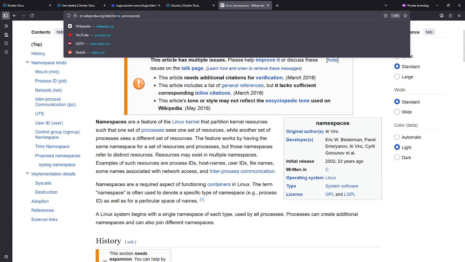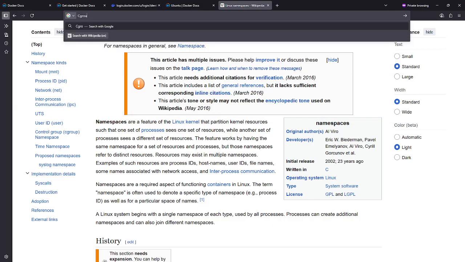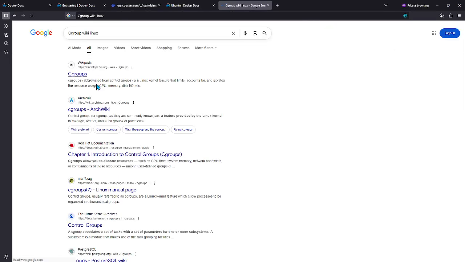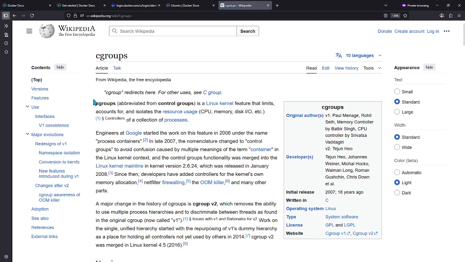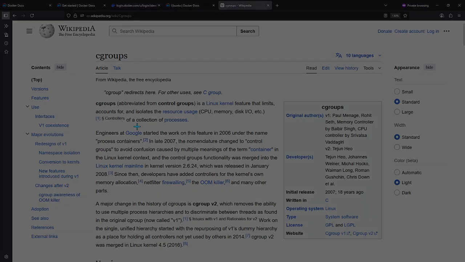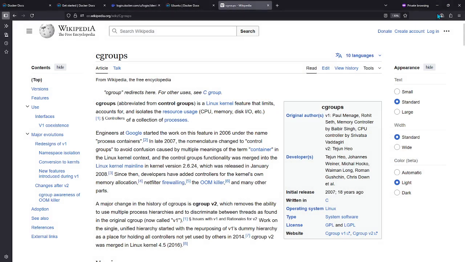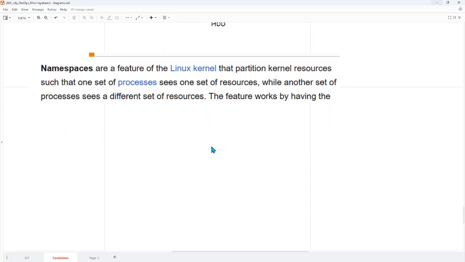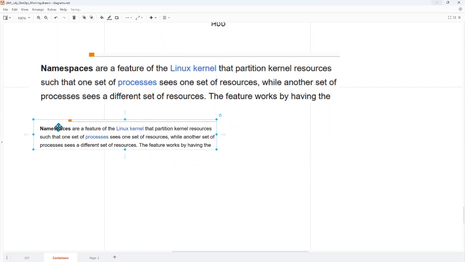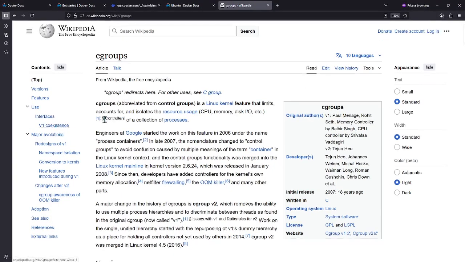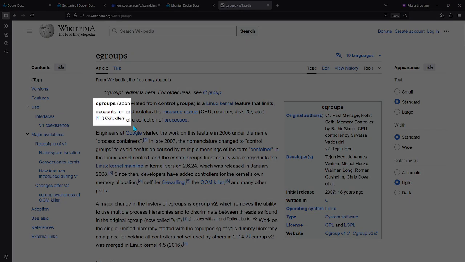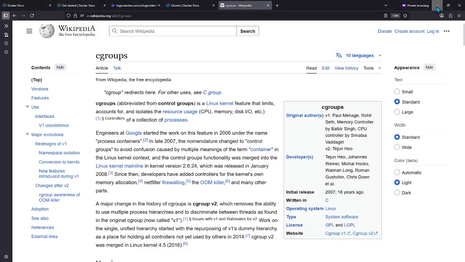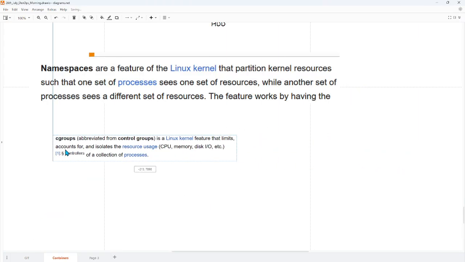Let me also tell you what cgroup is. Cgroup is nothing but capping, right? Let me explain first.